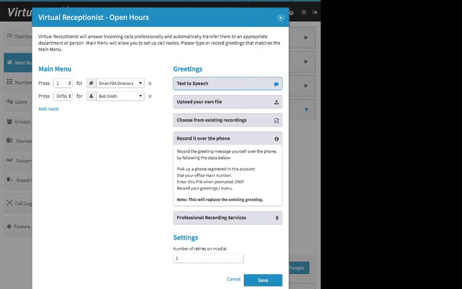Recorded over the phone. This is from a physical VoIP phone. Actually, excuse me, any VoIP phone on the account. So when it says a registered phone, that means a VoIP device. You call your main number, you enter in the PIN number here, and then it will prompt you to record. Now, if you already have a greeting in place, then it's not going to prompt you for the PIN number. You're going to have to enter the PIN number when you hear that recording,